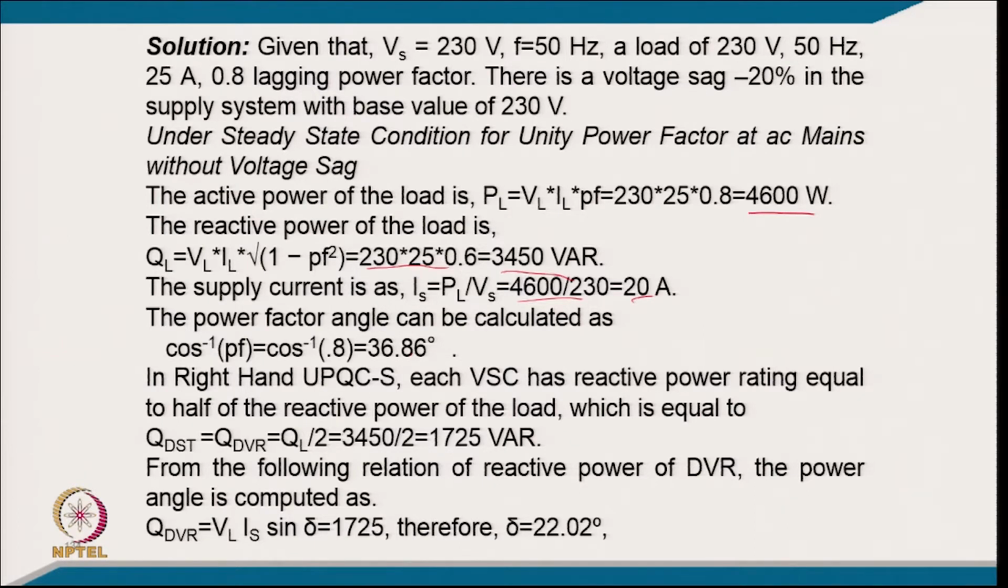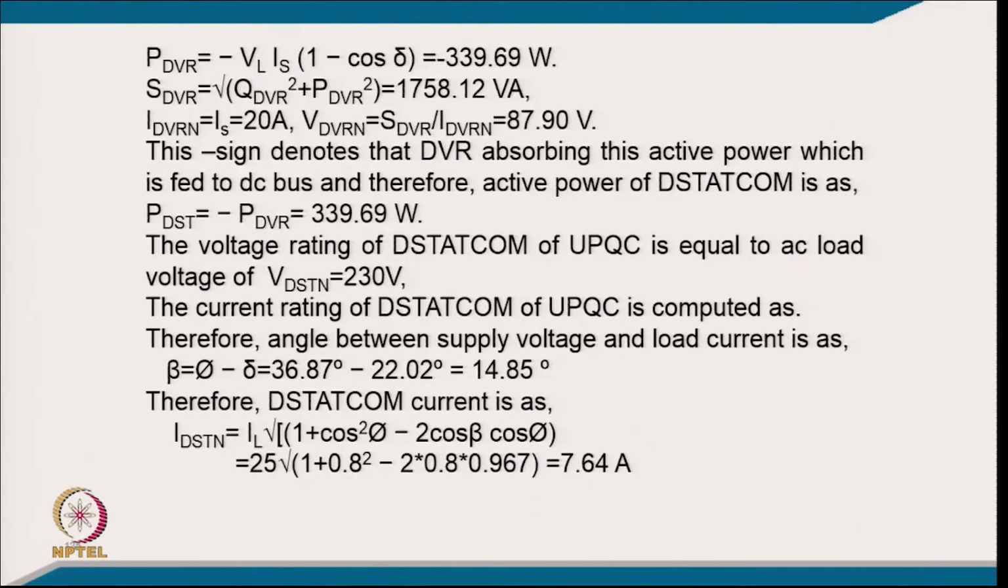So, in the right hand UPQC, each VSC has a reactive power rating equal to half of the reactive power of the load, which is 3450 by 2. So, it becomes 1725 VAR, and from the following relation of reactive power of DVR, the power angle computed comes delta equal to 22.02 degree. So, PDVR from this angle calculation comes 339.69, and SDVR is QDVR plus PDVR, so it comes 1758.12, and IDVR equal to IS, that is 20 ampere,